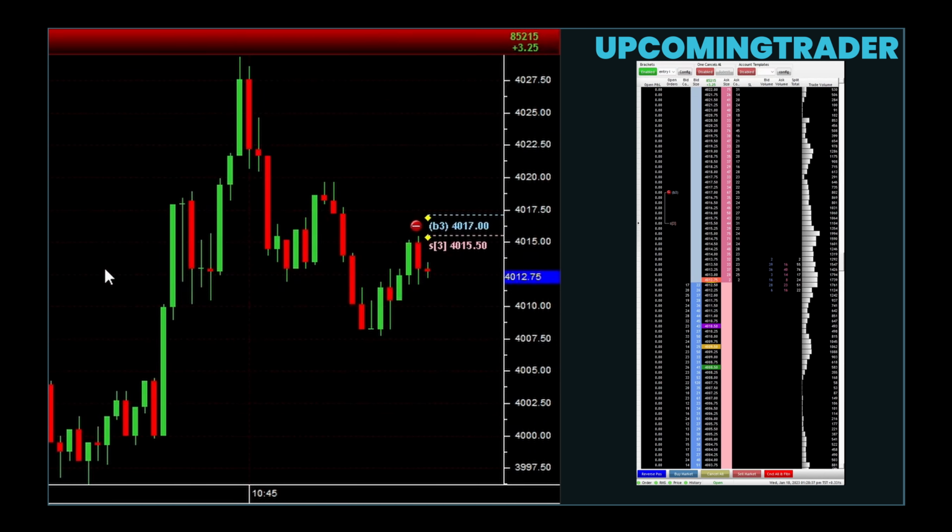Conversely, a double bottom, which looks like a W, appears after a downtrend and signals that the bearish momentum is weakening. A bullish crossover during a double bottom formation can be an effective indicator for initiating a long position. Triangles, whether ascending, descending, or symmetrical, are often seen during periods of market consolidation and can indicate